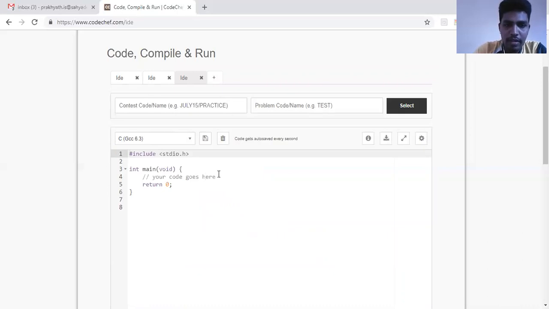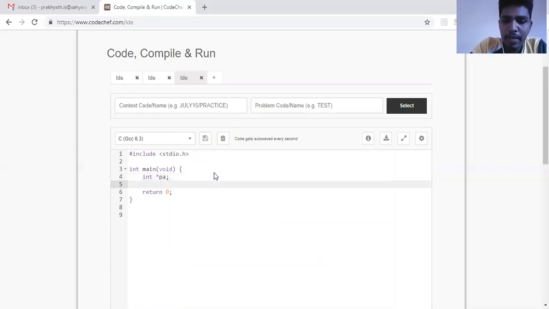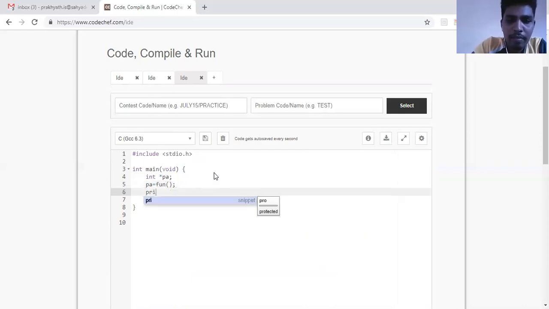So what I'll do here is declare a pointer variable star PA, and then I'll make PA equal to the function. And then I'll go for printing what is the address getting stored in PA.